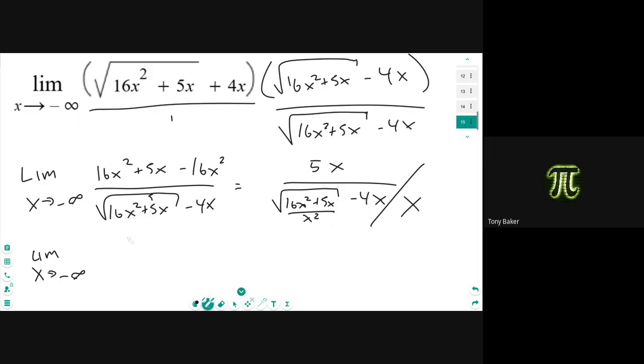So I have 5 on the top. I have the square root of 16 plus 5 over x, minus 4. So when I plug in negative infinity, that goes to 0. So I have 5 over